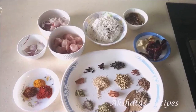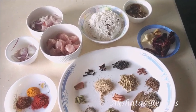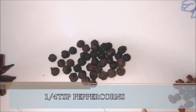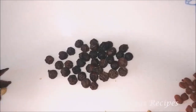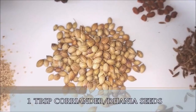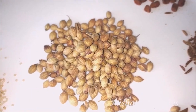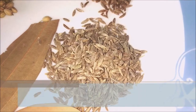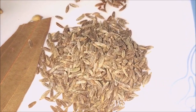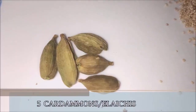These are all the ingredients that we require. So let's go through each of them. Here is 1/4 teaspoon of peppercorns, 1 tablespoon of coriander seeds or dhania seeds, half a tablespoon of cumin seeds or jeera, 5 pods of elaichi or cardamom,